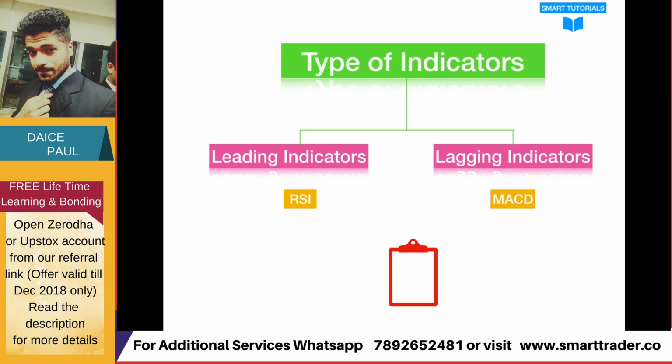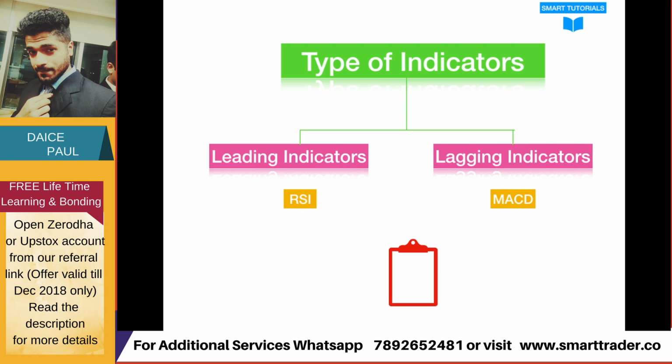Now talking about the lagging indicators, this is something which is lagging, that is behind. Once the price movements are done, then these are calculated. So these are also like trend indicators. So say ABC price went to 100, 102, 103, it will calculate the trend. Based on the trend it will give the signals. So these types of indicators are lagging indicators.